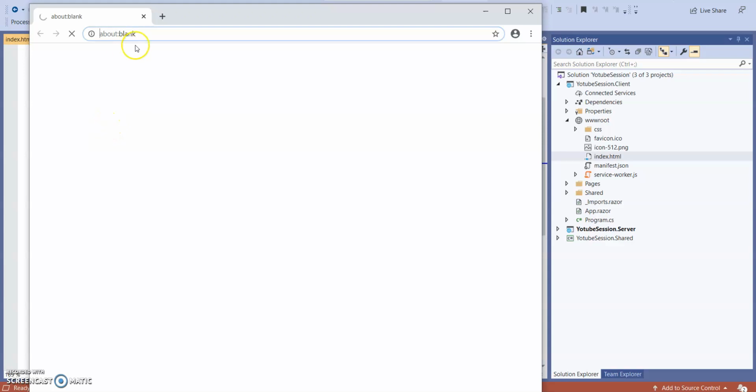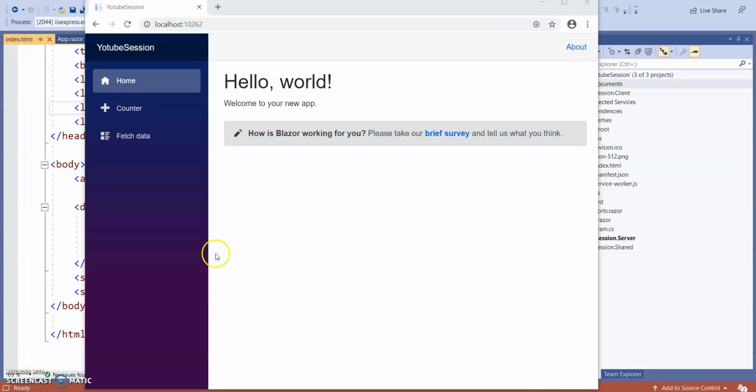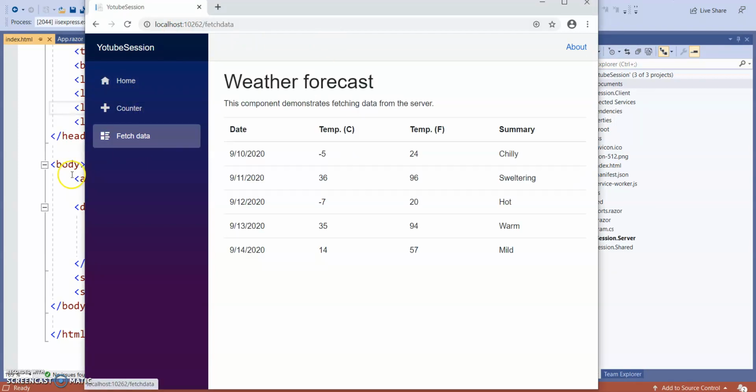So wait for some time. Now our application runs in the browser. Here you can see home, counter, fetch data.